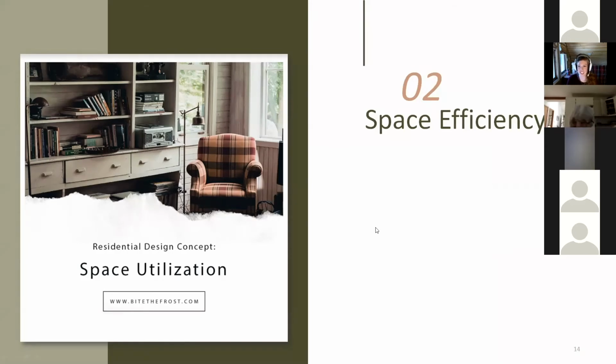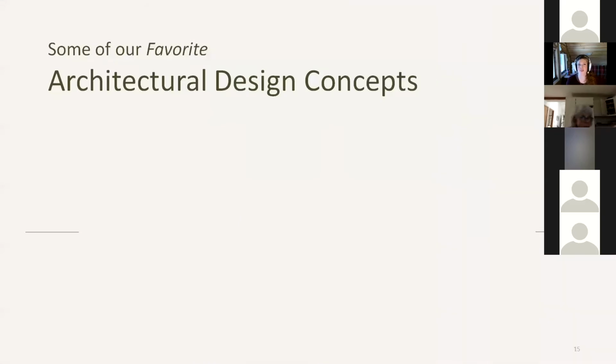So the second bracket is space efficiency. Some of our favorite design concepts on space efficiency are really just based on a smaller square footage. The smaller square footage, the better. That's probably a no-brainer, and I'm sure everyone agrees that a well laid out home doesn't have to be as big as a big, poorly laid out home. So we have a number of design concepts to help lay out a better home that's a smaller square footage